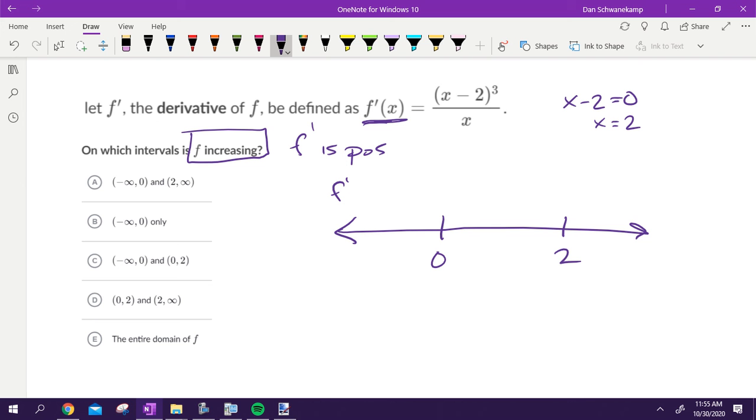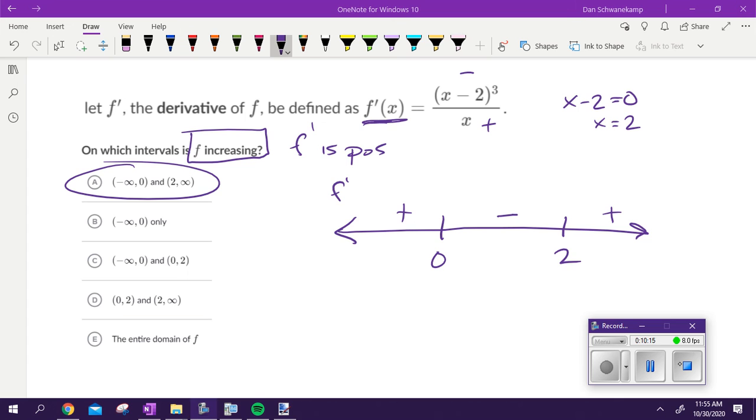And we're picking numbers. If we picked 1 here, that would get me a negative on top and a positive on bottom, that would be negative. So when is it increasing? On the outside intervals is when it would be increasing. Just some good practice with some different things. We should be good to go. Let's do it. Questions before we